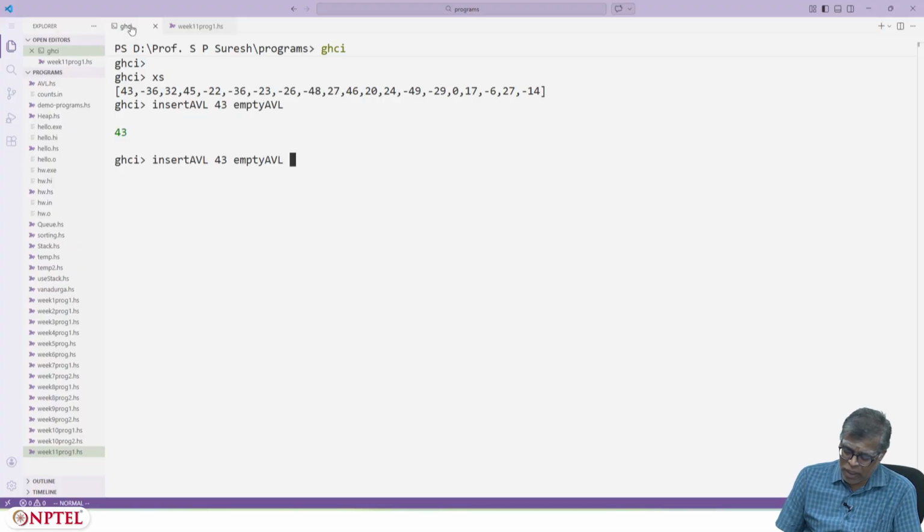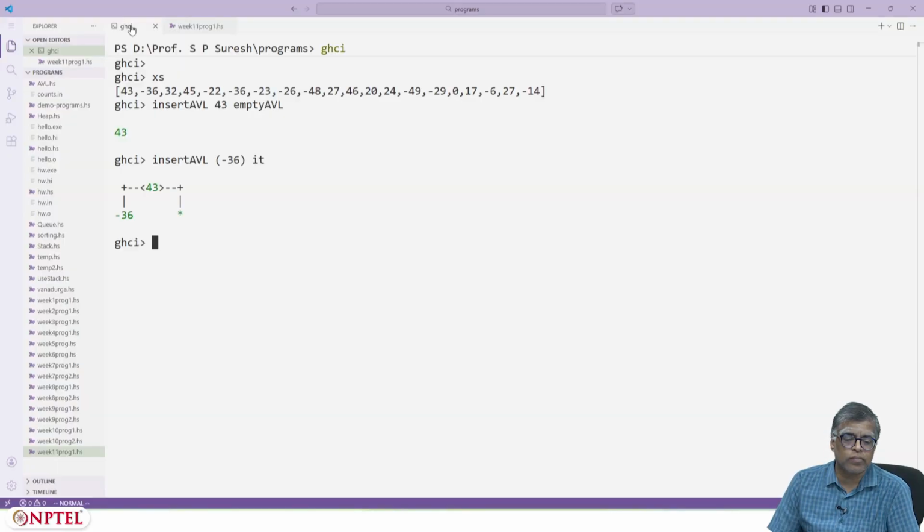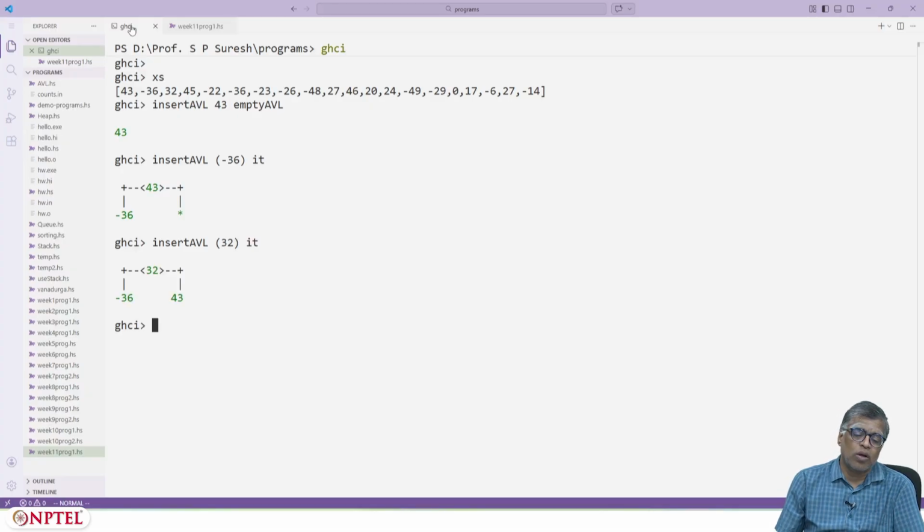Suppose I insert AVL minus 36 into it. Okay, minus 36 is less than 43, so it goes to the left. 32 is next. Okay, now you see already that 32 is to the left of minus 36 and it should go to the right of minus 36, right?